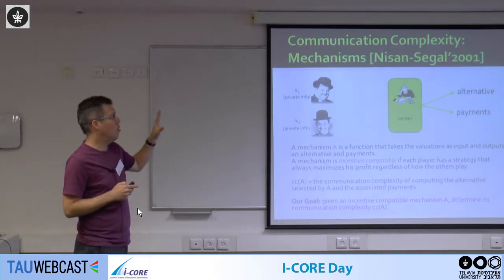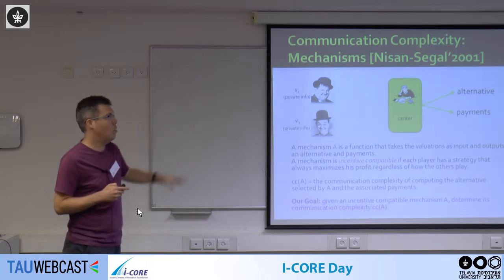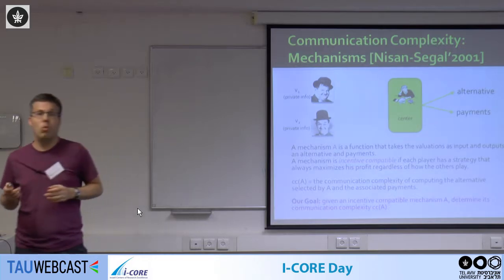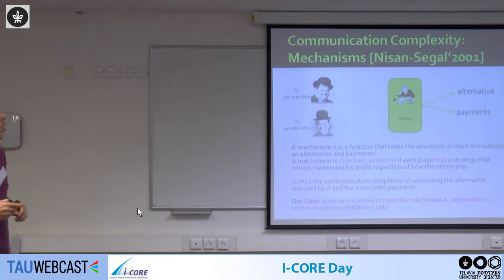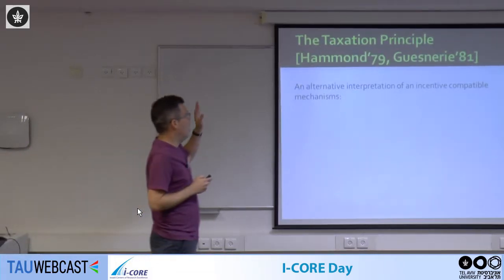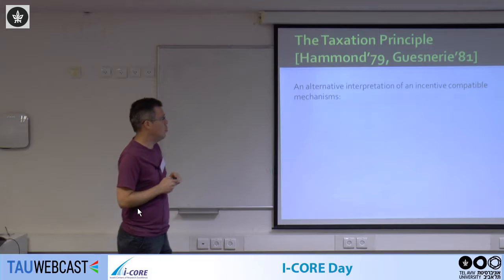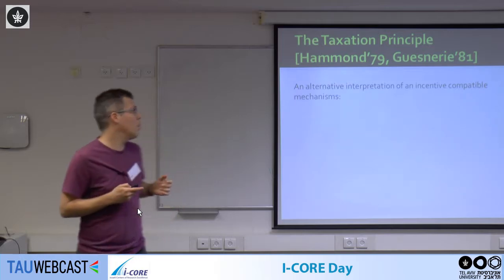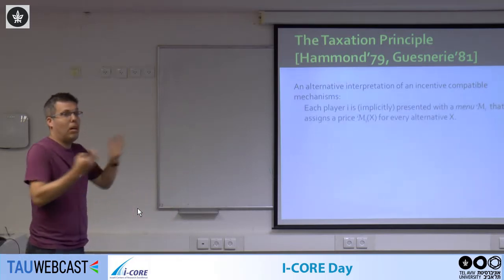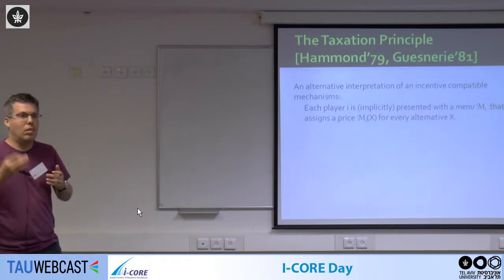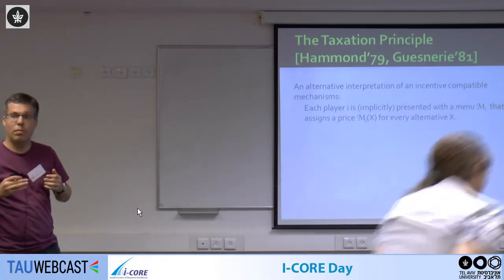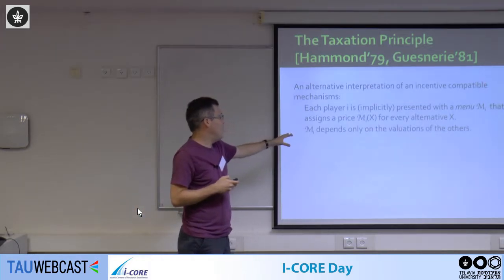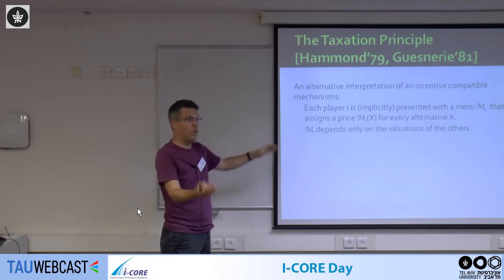Now, the issue is that working directly with these dominant strategy mechanisms is not that easy. And it's actually going to be easier to work with an alternative, equivalent interpretation of these mechanisms. And we're going to use the well-known taxation principle for that. The taxation principle tells us that if we have an incentive-compatible mechanism, we can think about it in the following way. Each player i is presented with a menu. A menu is just a price for each possible alternative. Okay? This is a menu. The menu that player i sees, the price for each alternative, depends only on the valuations of